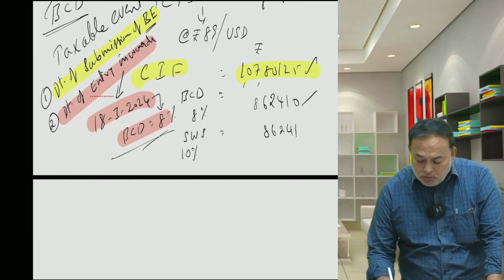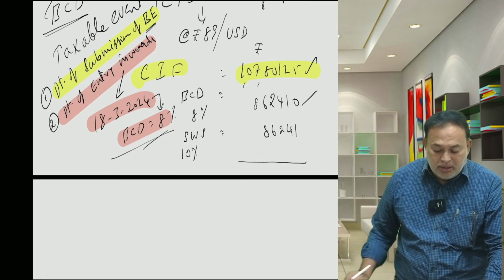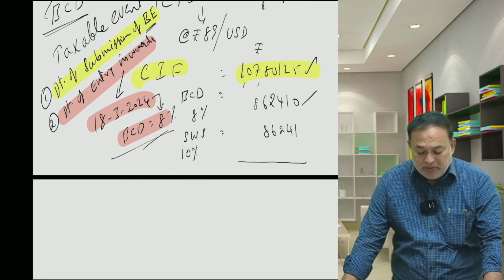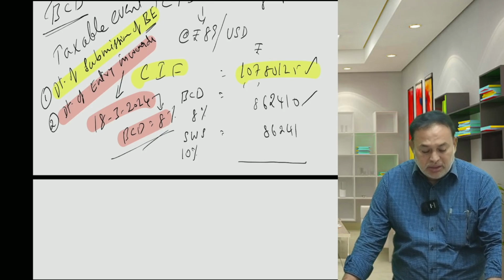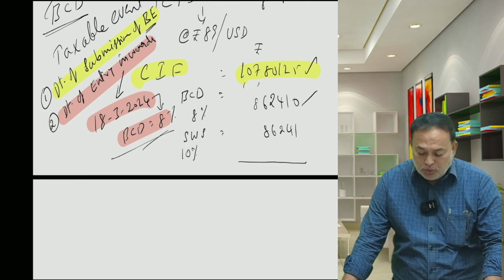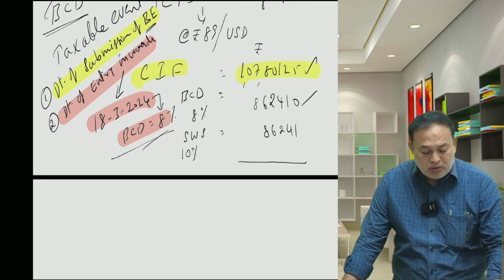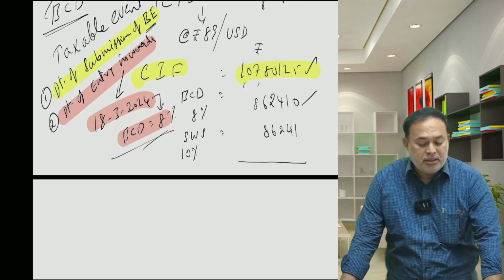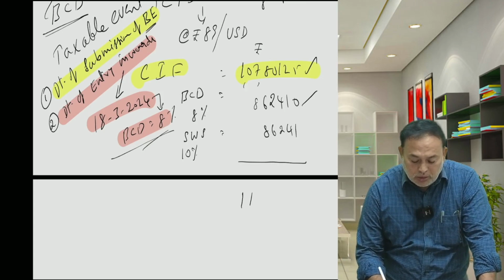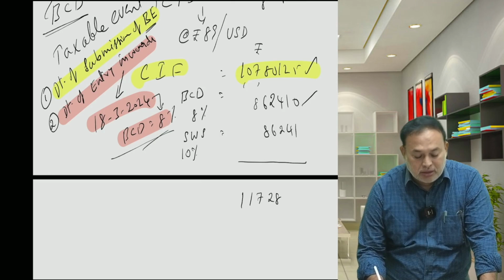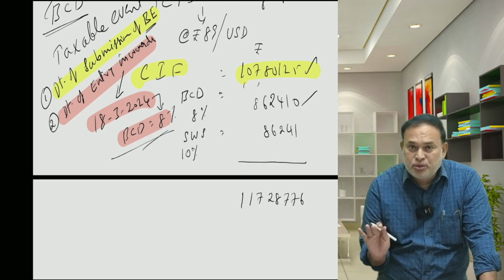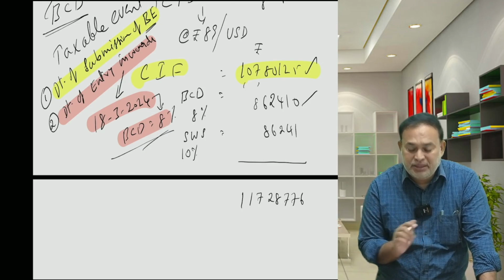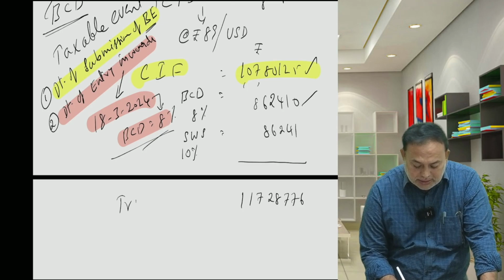Then you have to arrive at the subtotal here. Here 1 crore 7 lakh 80,125 plus 8 lakh 62,410 plus social welfare surcharge 86,241. You will get almost 1 crore 17 lakh 28,776. If no other duties apart from BCD and IGST, then this is called the